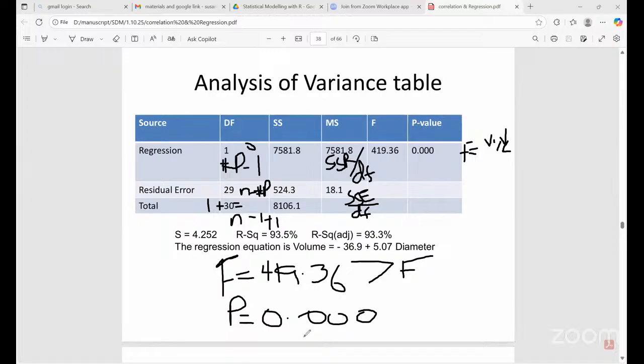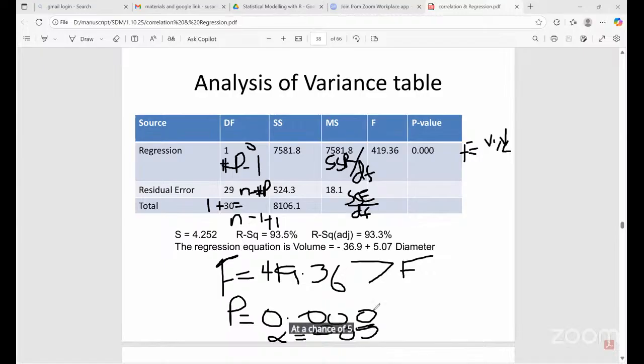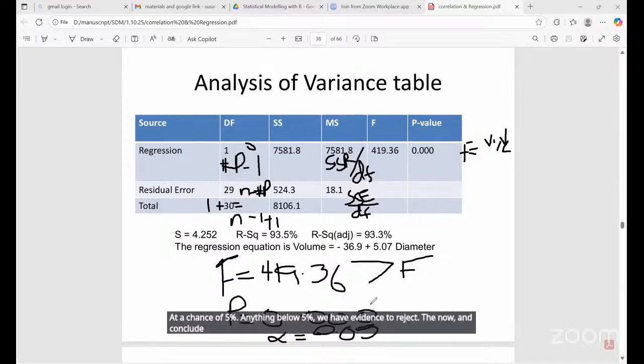And remember, our significance level is 0.05. Now, the significance level is the probability for the null assumed to be correct. So we assume that the null is correct at a chance of 5%. Anything below 5%, we have evidence to reject the null and conclude that there is a significant linear relationship